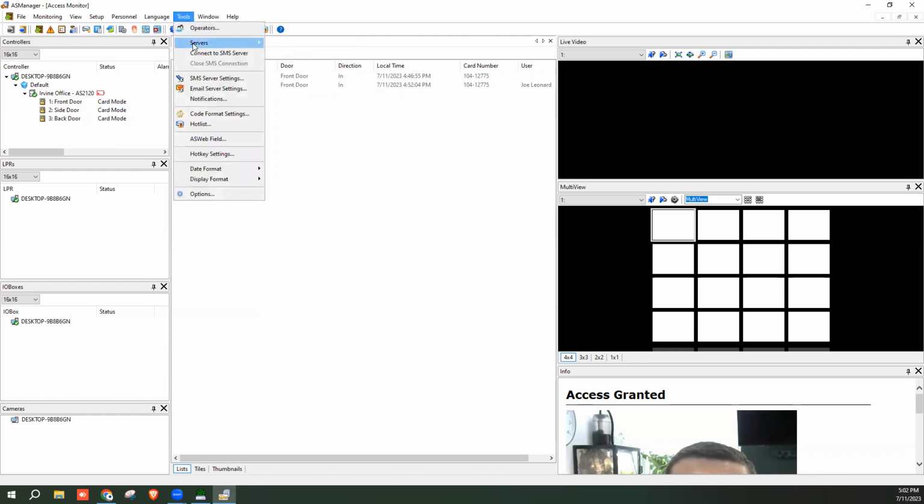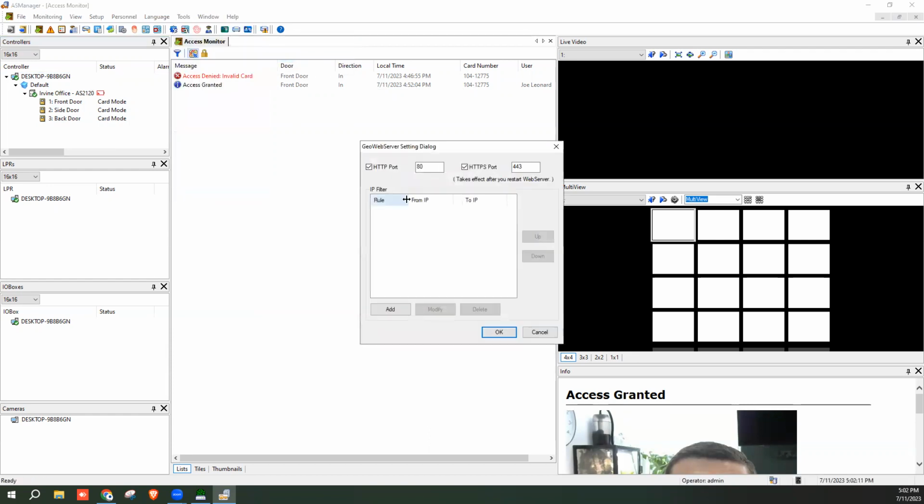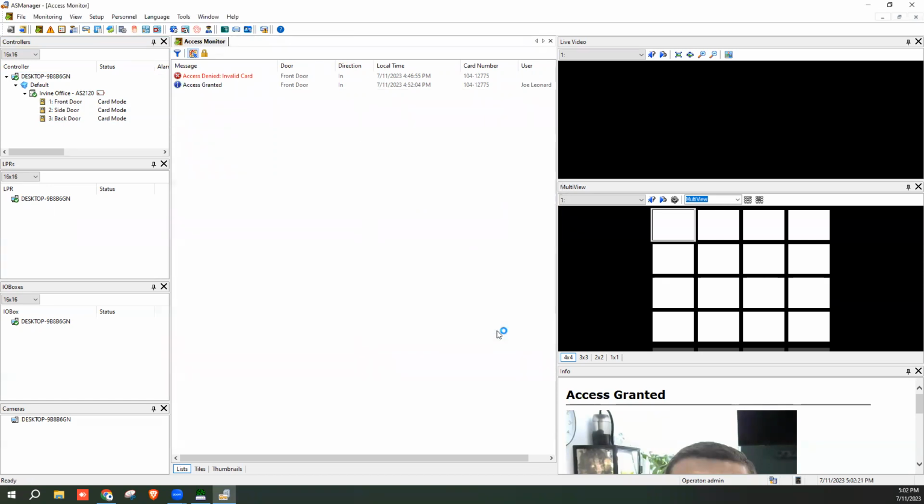Go back up to Tools, hit Servers and Web Server. The default is 80 and 443 for HTTP. If you want to edit those, you can do that right here. Okay, I'm going to leave it as default and hit OK. And now you can see in the bottom right, we have our globe icon indicating that our web server is running. Now, you have the ability, if you do port forwarding, to be able to remotely access the access control